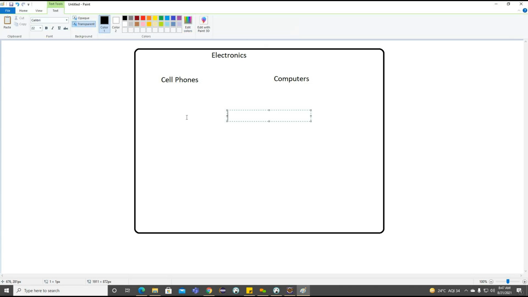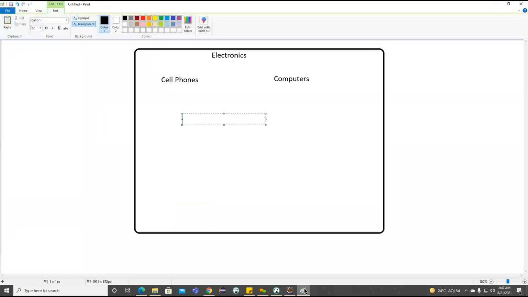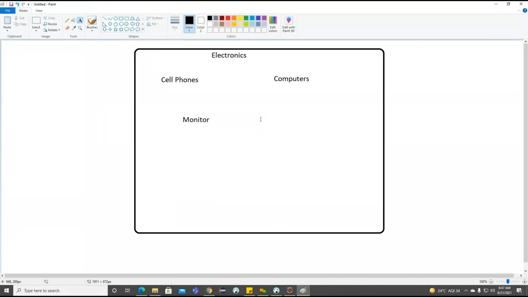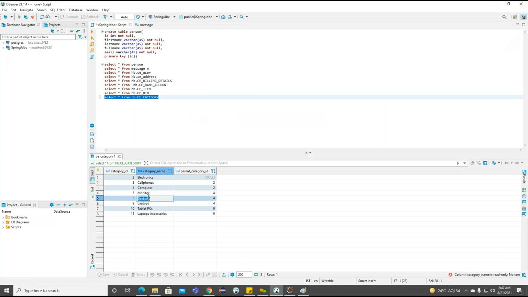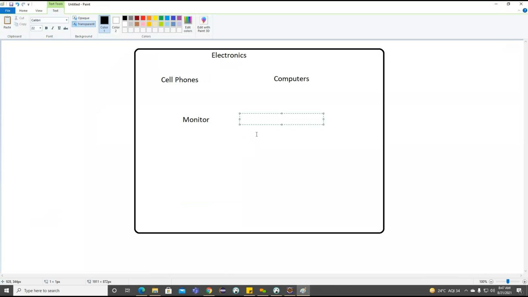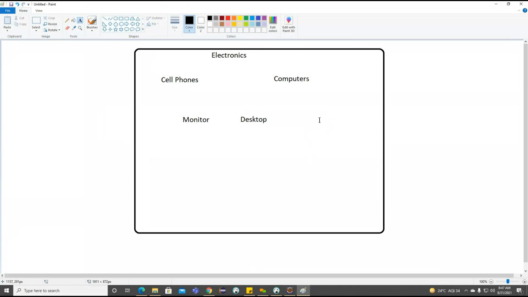For computers we have three records: monitor, desktop, and finally laptop.